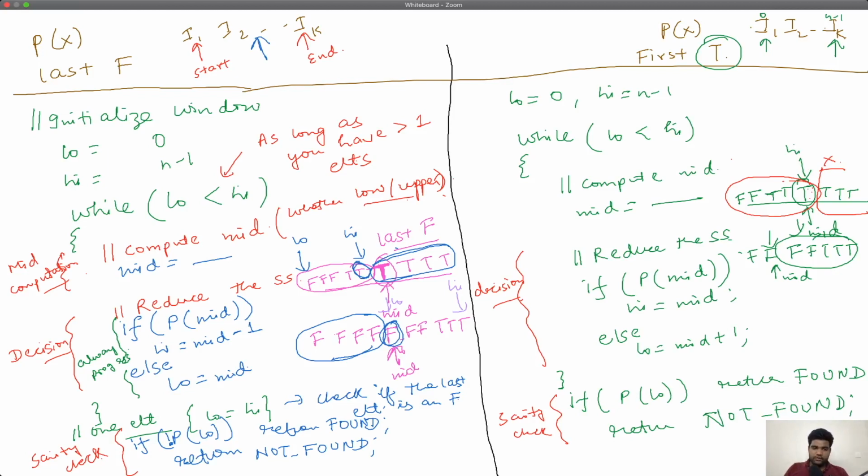So if you see these two blocks, let's say this is block B1, and the else block B2, you can see that B1 is always progressing because you at least have the mid being removed from the search space. So your search space is reducing by at least one always. In B2, there is no such guarantee. You are keeping the mid in the search space, so it can happen that the search space might not progress.